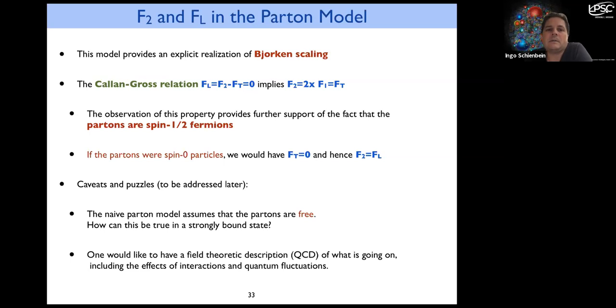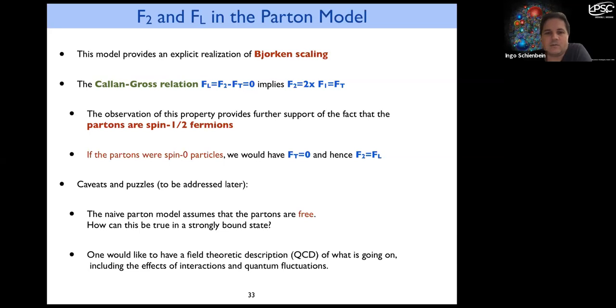And this observation gives support to the fact that the partons are spin 1/2 fermions. In fact, if the partons were spin 0 particles, we would have found that F transverse is 0, and hence F2 would be equal to FL,